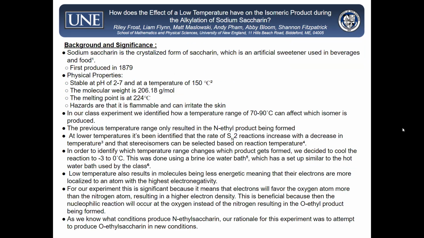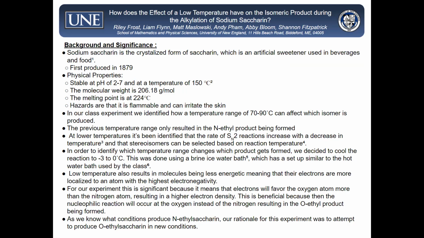So a little background and significance. Sodium saccharin is the crystallized form of saccharin, which is an artificial sweetener used in beverages and food, and it was first produced in 1879. The main difference between sodium saccharin and saccharin is that saccharin has an NH bonding group, and sodium saccharin does not. Instead of an NH bonding group, it just has a nitrogen, and then it has a somewhat floating sodium